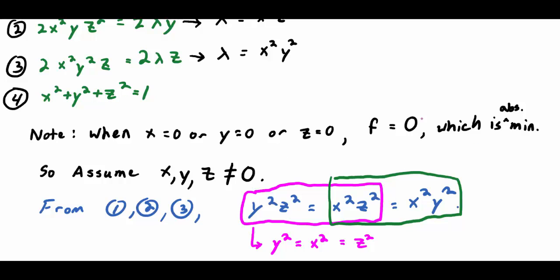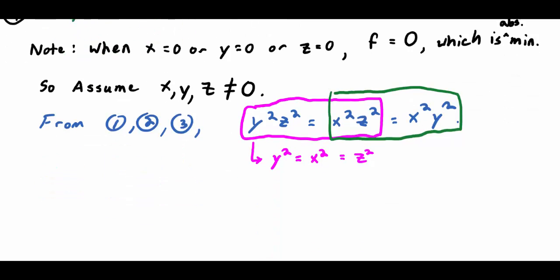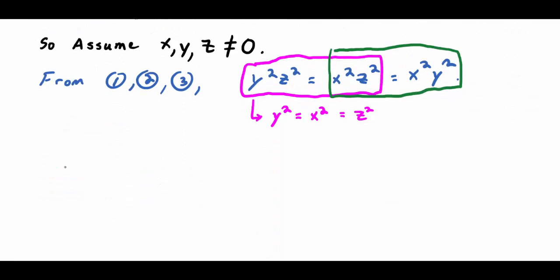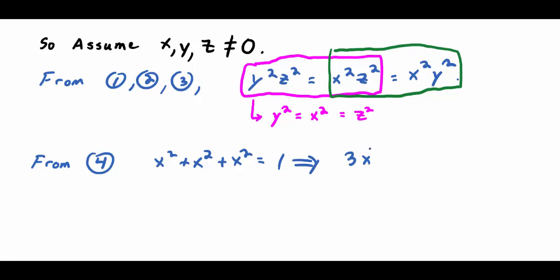And then I'll have 3x squared equals 1. From 4, I know that x squared plus x squared plus x squared, replacing y squared and z squared with x squared, is equal to 1, which means 3x squared equals 1,